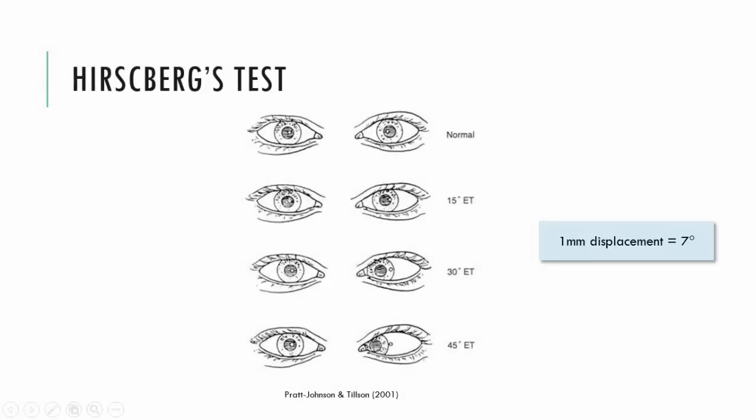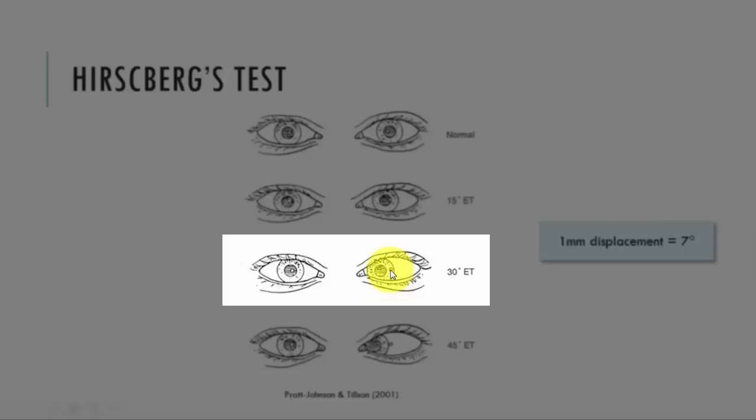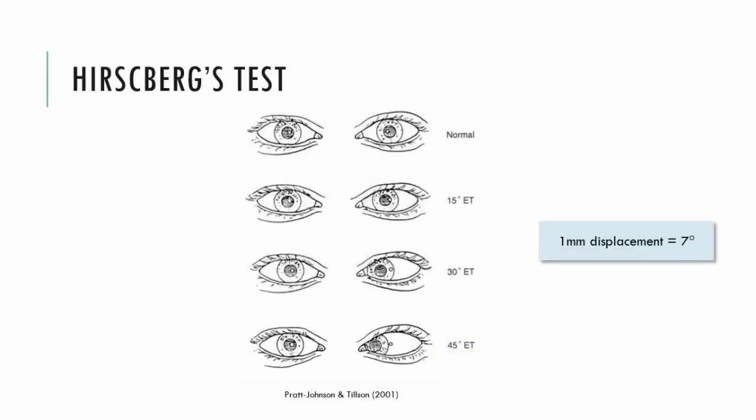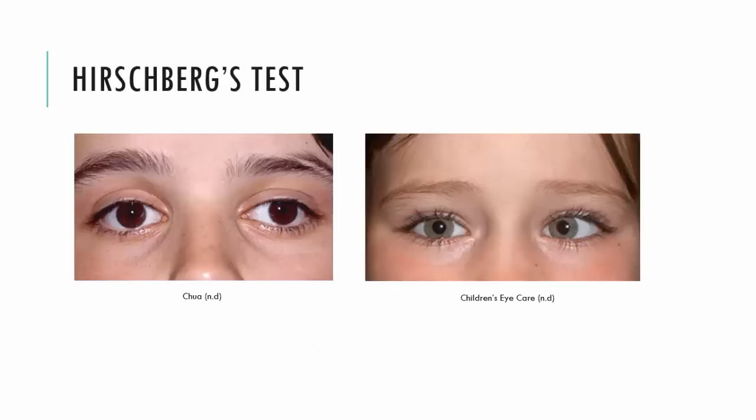Okay, so when we're at the margin of the iris, here we have a 30-degree ET, and when we're beyond the margin of the iris, we're at a 45-degree ET. So essentially, we can utilise the margins of the pupil and the iris to guide us as to the size of the deviation. Let's have a look at a couple of photographs here of patients where we can see their